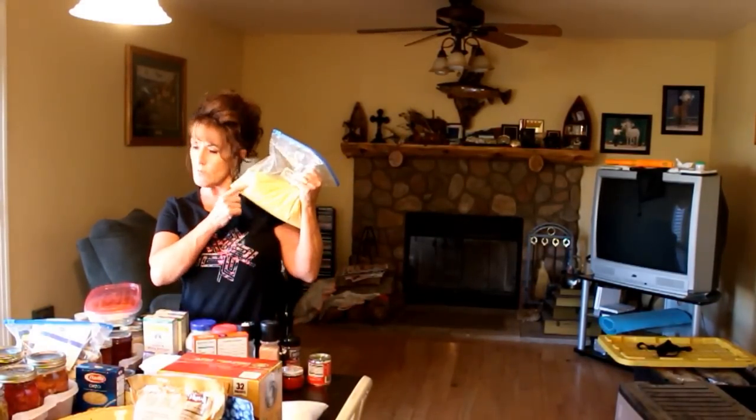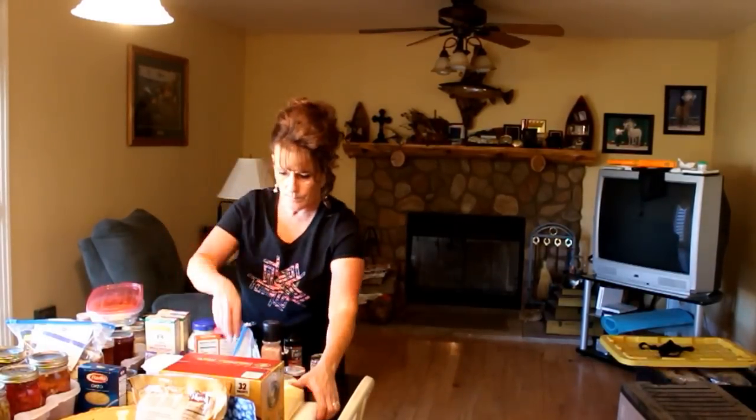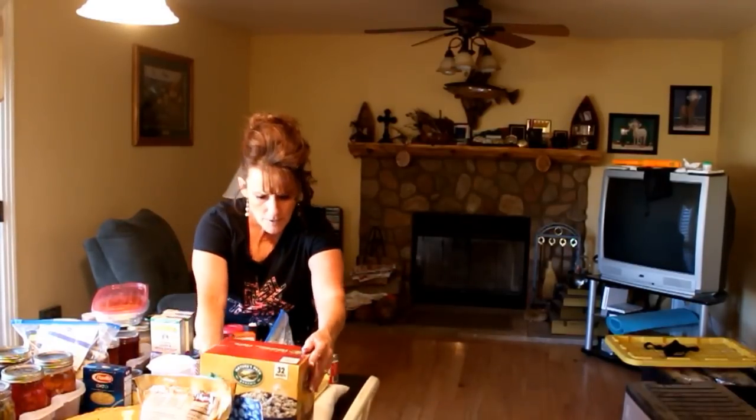So I've got my cornmeal, my cornbread. If I catch fish, gonna need some cornmeal to fry that fish in, and we will bring cooking oil. So now, and this is all gonna go in, this here has gotta go in the cook food box, the dry food box. I buy these organic